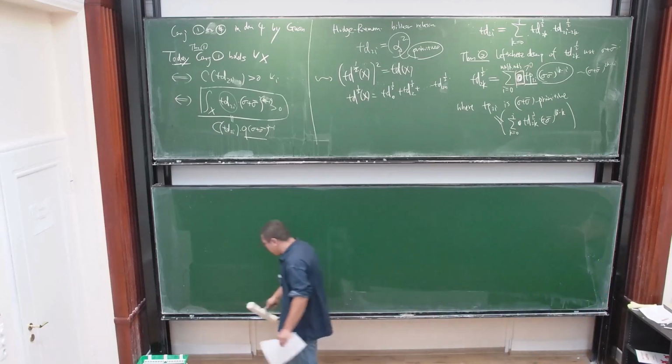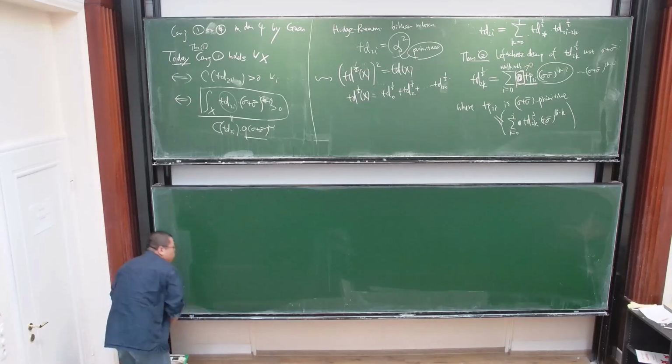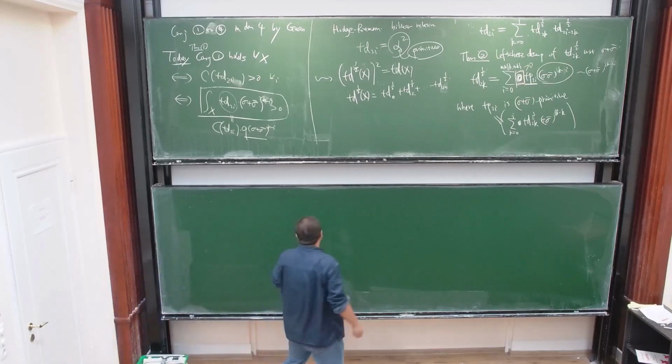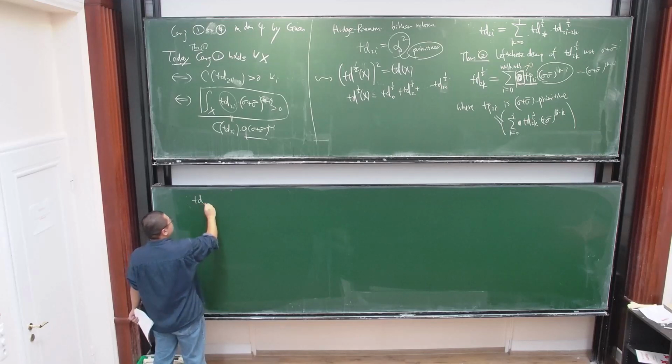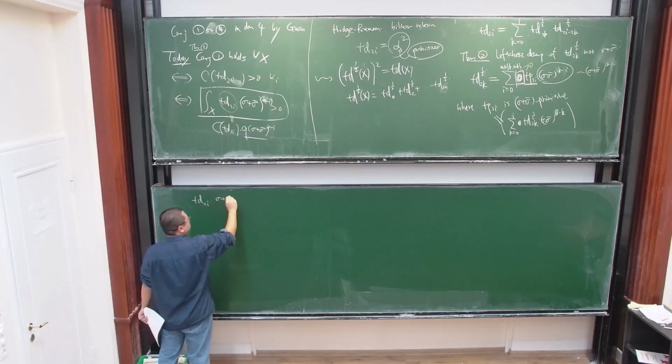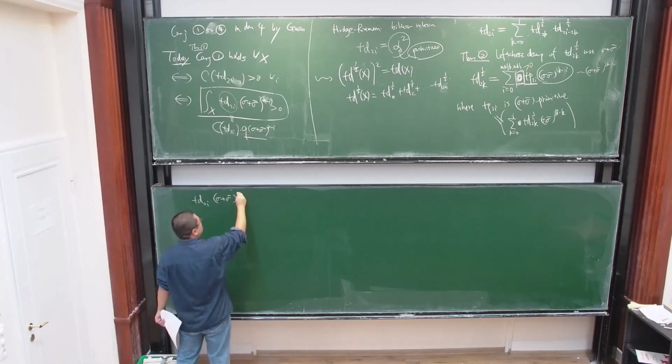So as long as we know this decomposition, then we compute this Todd 2I times sigma plus sigma bar,